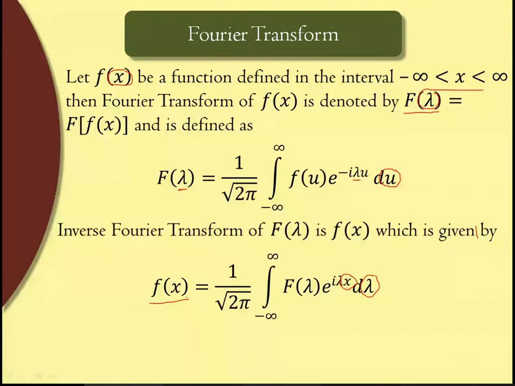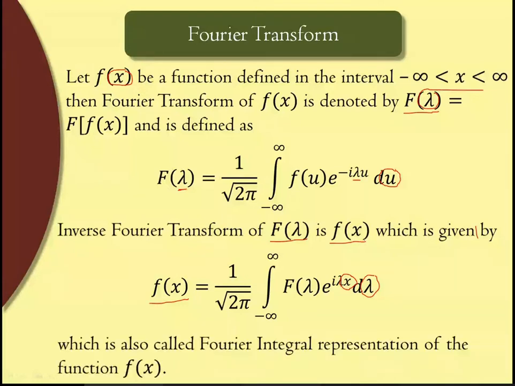So this is the basic definition of Fourier transform: how to convert a function in the x domain to a function in lambda, and then by using the inverse transform, the function in lambda can be converted to a function in x. All depends on this basic definition, so carefully remember both these definitions. Now we have different types of function. Depending on the type, we can further simplify these two formulas. That type of functions has been given special names, so we'll see what those functions are.